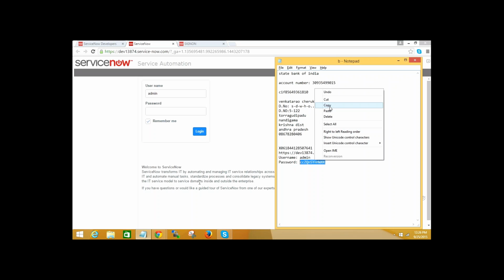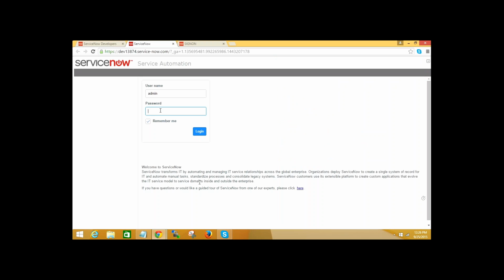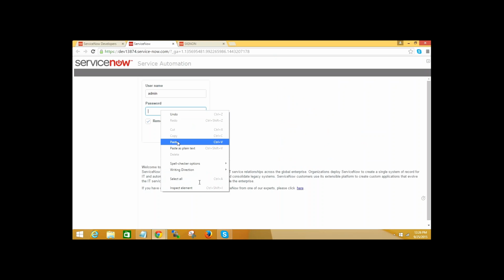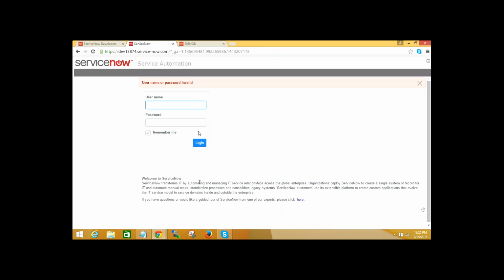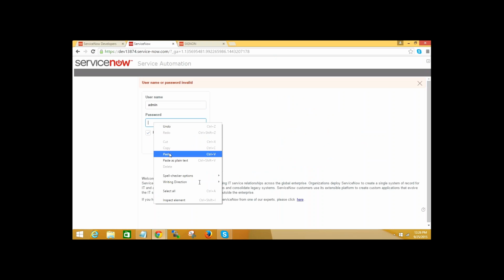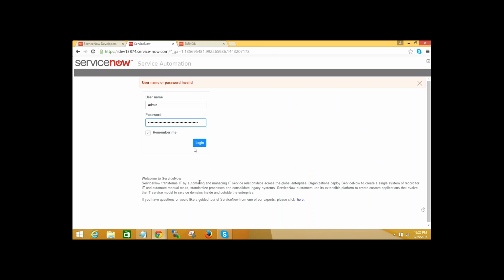Now it will prompt you to change the password. So now give the password again. Admin ADMIN. Yes. Any space or something while you're copying it?